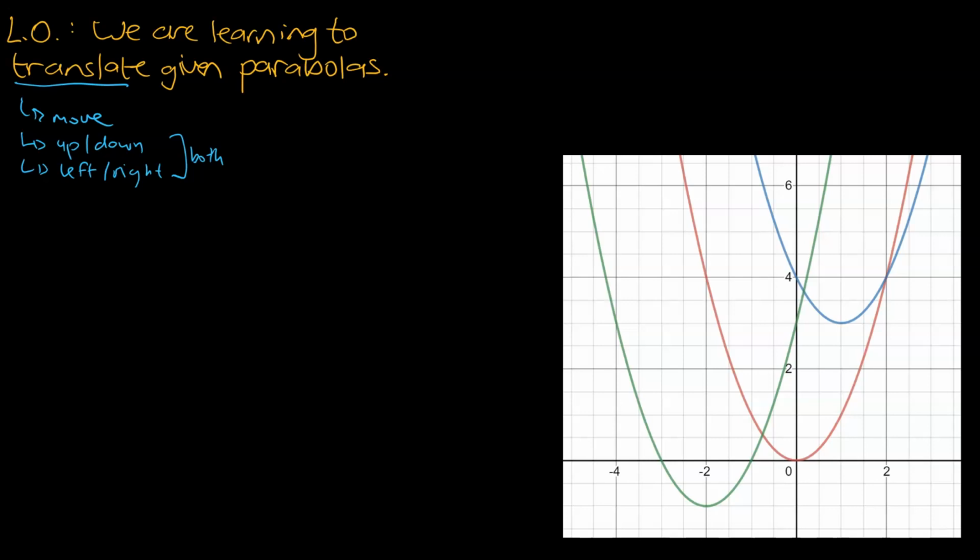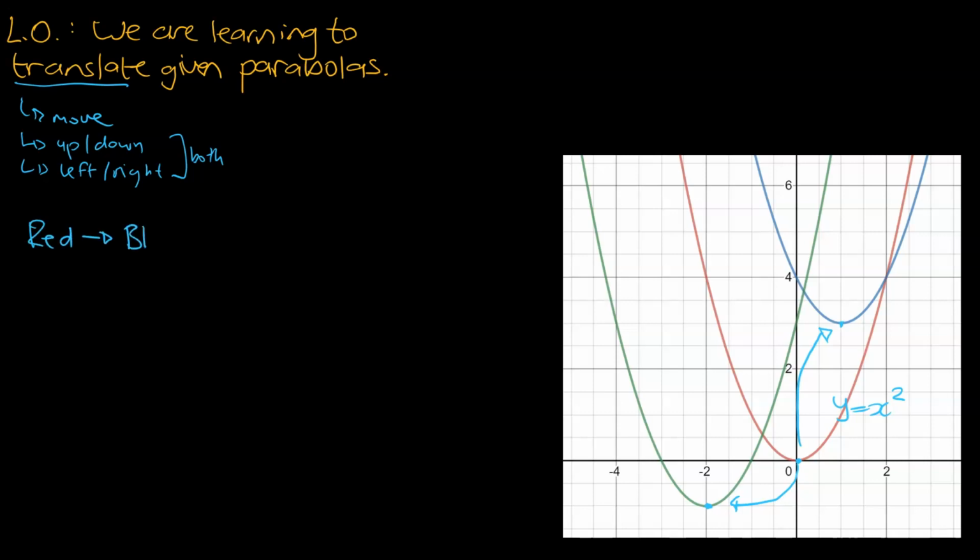So I've got a graph. This red parabola down here is the default x squared parabola, the one that we've been comparing. Using the vertex method, I want us to explain how the red parabola has moved to the green parabola, and also how the red parabola has been moved to the blue parabola. So let's get our notes going. Let's start off with red